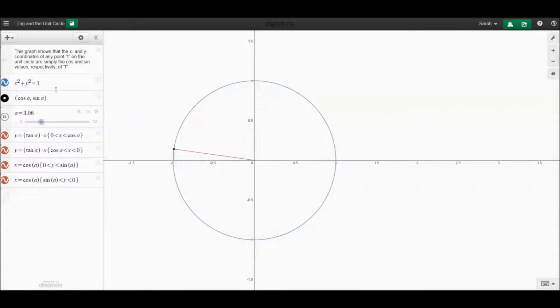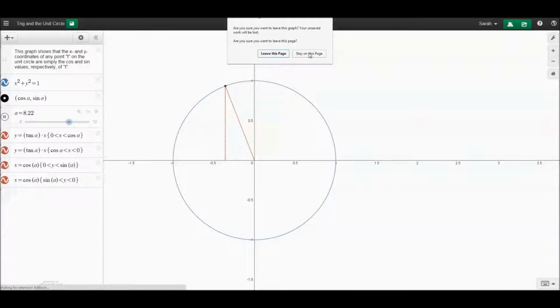And so I've mentioned Desmos before in this blog, and Desmos has the ability to do more than just have students graph things and see what they look like. It has the ability for people to share their created graphs. So this person created a graph that showed the relationship between the points on the unit circle and how it relates to a right triangle and sine and cosine. And so I didn't make this, I found this, and it's completely shareable, and so I shared it with my students. And then not only can they just look at it,